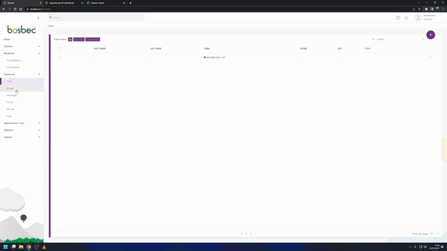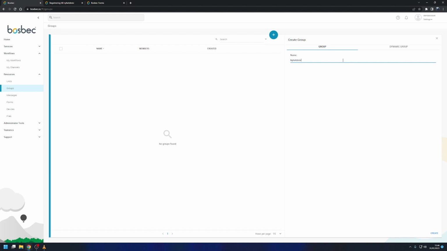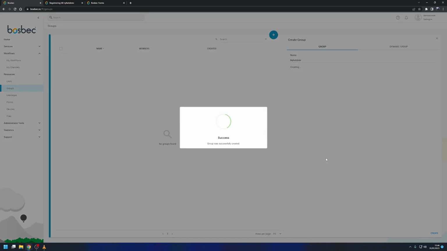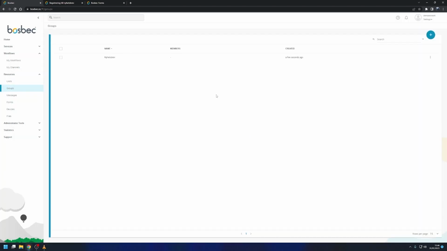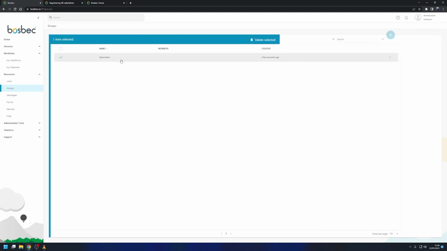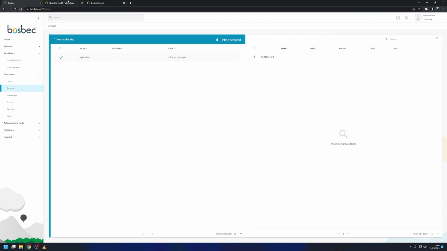To do this, go into Groups and click on the plus sign. A new group is generated. Click on Create in the lower right-hand corner. Now we see the new group that we can use. If we go back to the workflow,